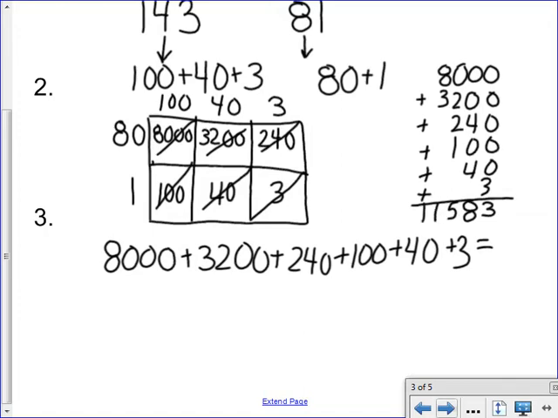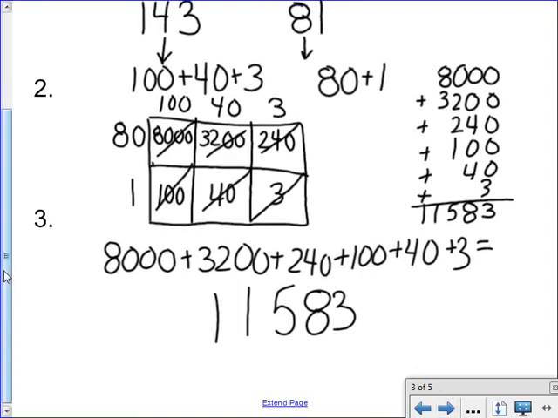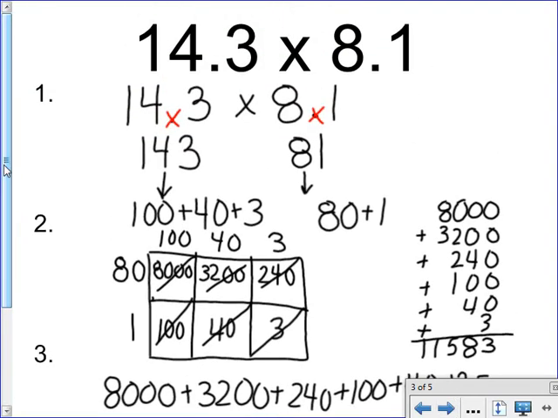And my final answer is 11,583. Once again, we can tell by estimating that this is way too big for our original problem of 14.3